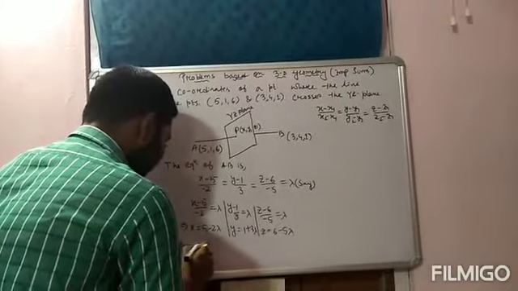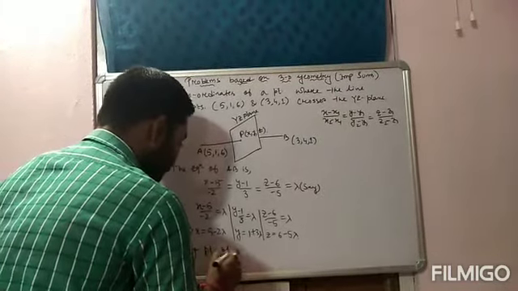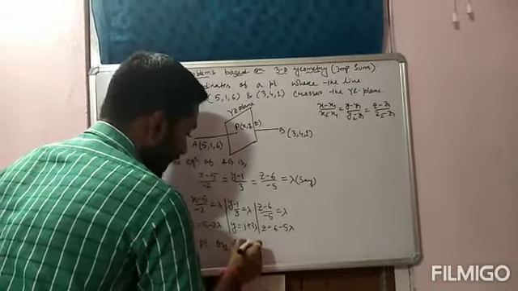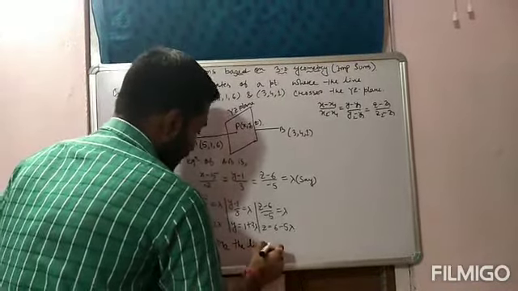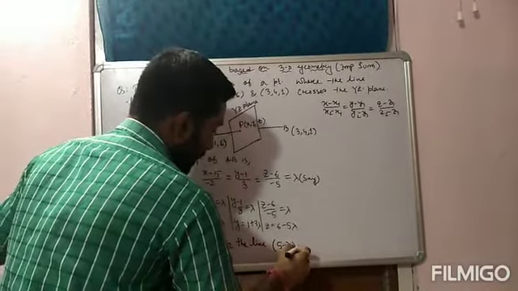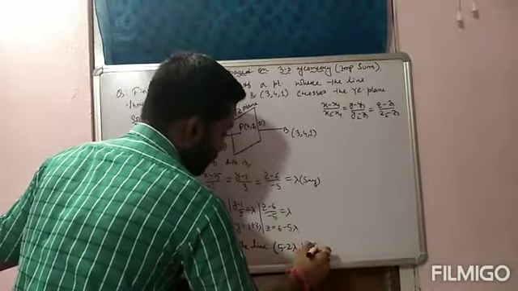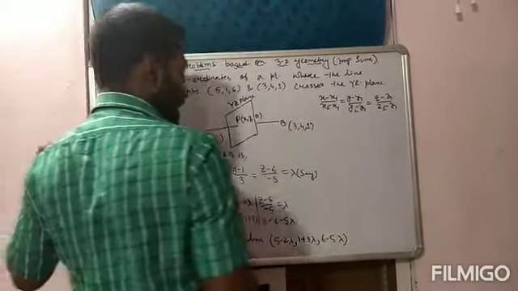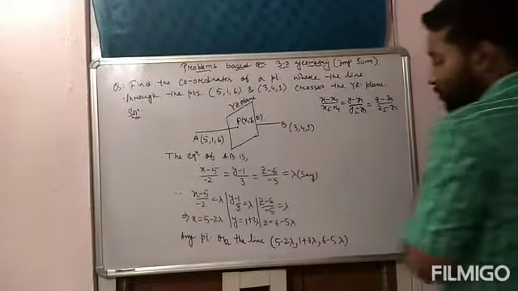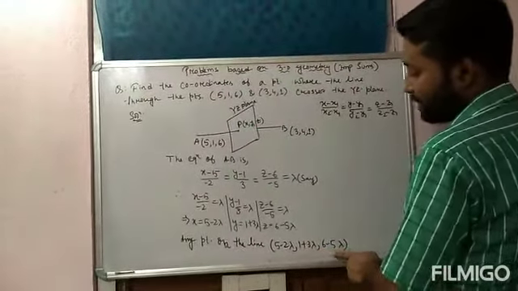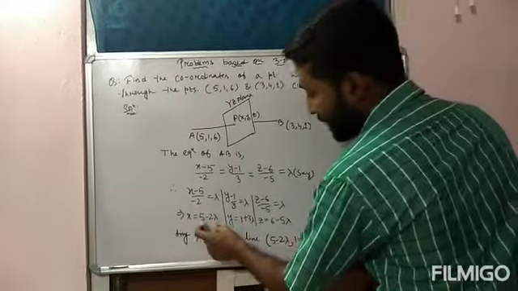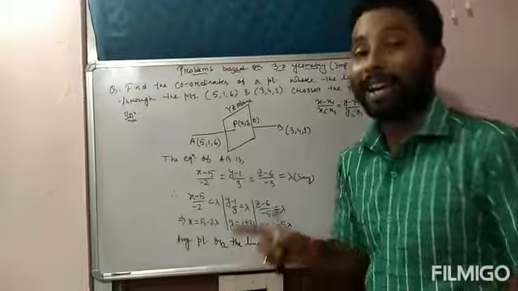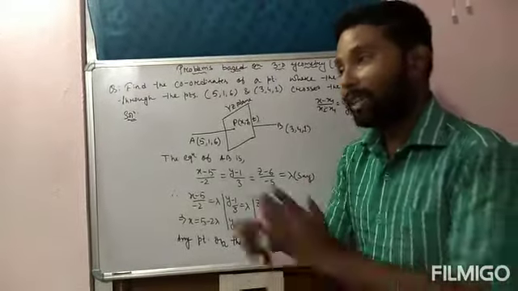We can say that any point on the line is (5 minus 2 lambda, 1 plus 3 lambda, 6 minus 5 lambda). Okay, any point on the line (5 minus 2 lambda, 1 plus 3 lambda, 6 minus 5 lambda). Actually, these are what? The value of x, the value of y and the value of z. But since here lambda is unknown, to get the value of lambda, now we have to think the next